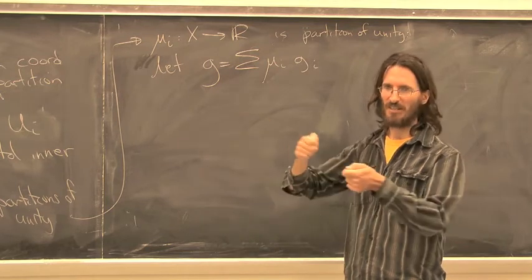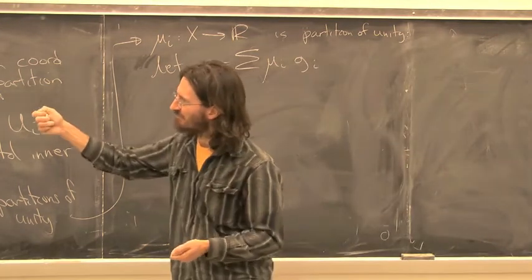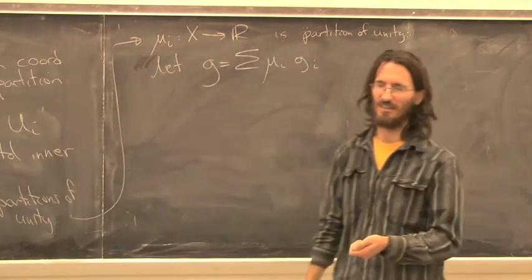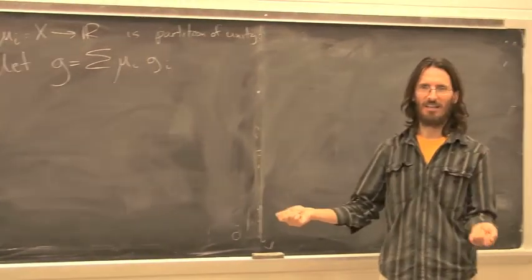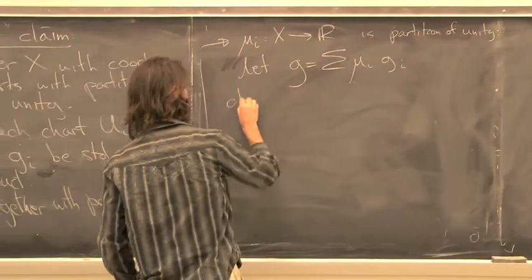Okay? So you have to check that a convex combination of positive definite symmetric matrices is a positive definite symmetric matrix. Okay? Clearly, any linear combination of symmetric matrices is symmetric, and the positive definiteness requires that the coefficients add up to 1, right? So check that